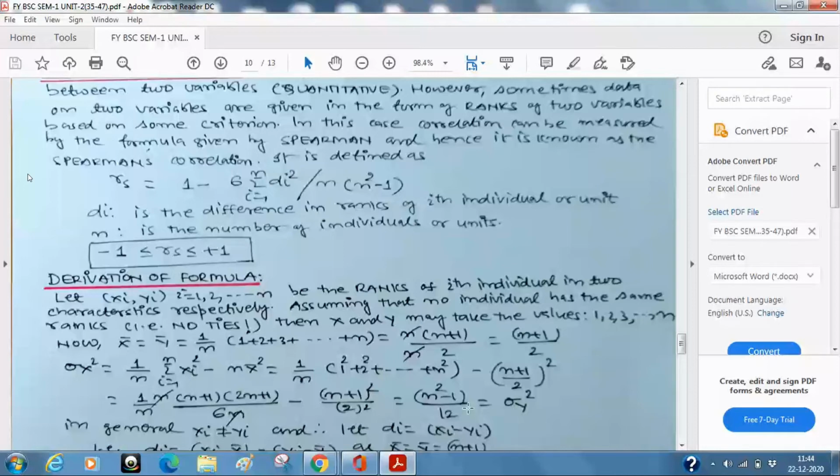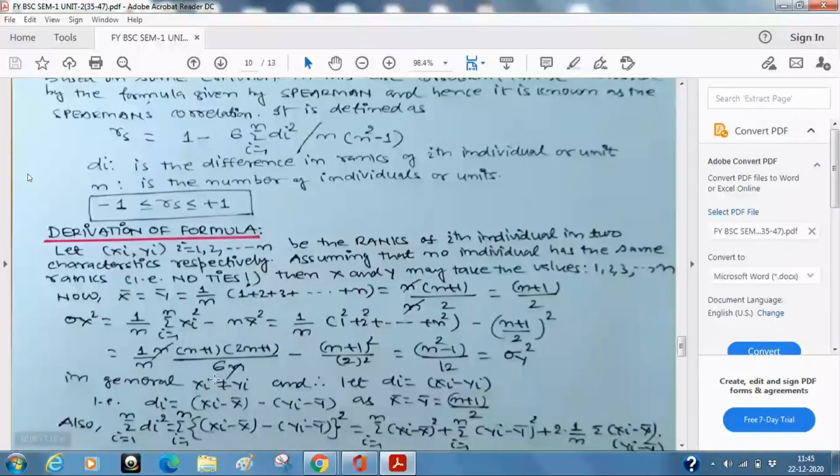So what do you get? Whether sigma x square is n square minus 1 by 12, whether sigma y square, it is n square minus 1 by 12. Just like आपको यहाँ पे जो आपने यहाँ लिखा था कि x bar is equal to y bar is equal to n plus 1 by 2. तो x हो या y हो, doesn't matter, it is the same value. Now because we have assumed, आपने जो है बड़े उसमें बोल्ड में लिखा था कि assuming that there are no ties, अगर टाई नहीं है तो xi कभी भी yi के बराबर नहीं होगा. So in general